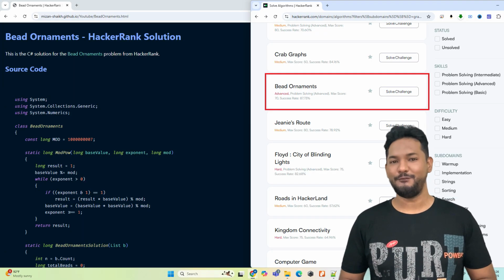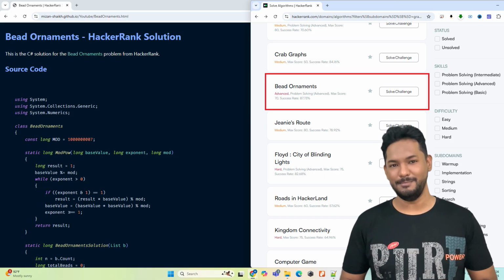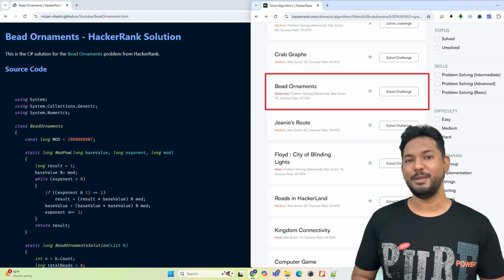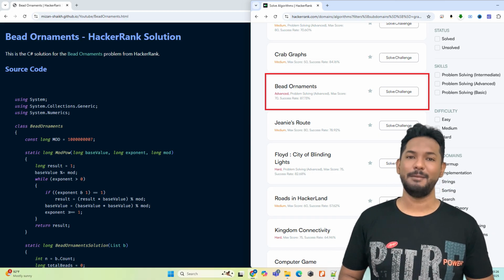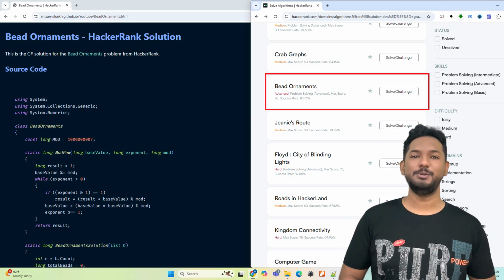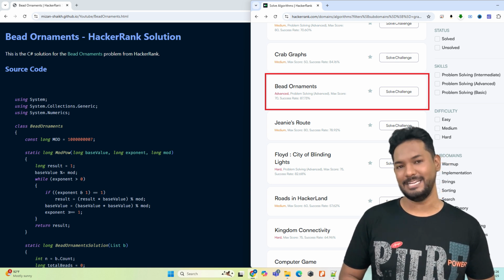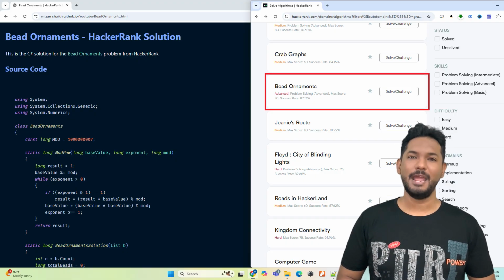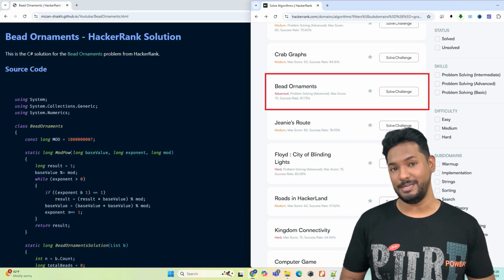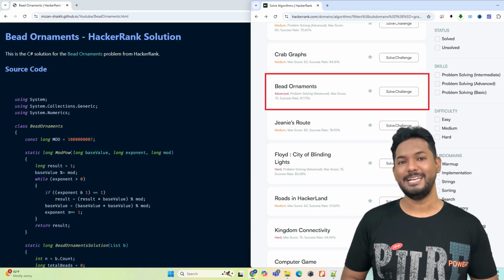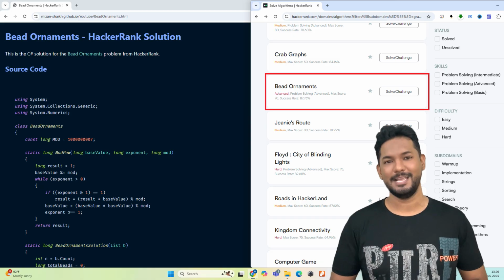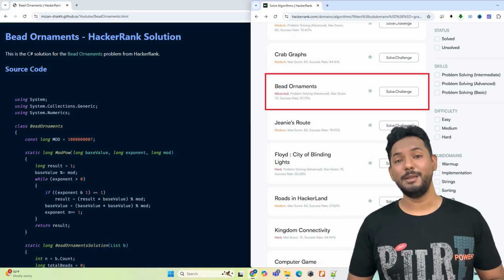Alright, let's dive into the fascinating world of bead ornaments. We'll unpack the logic behind this solution step by step, ensuring we understand the underlying principle before we get into coding details. First off, the problem we are tackling involves getting the number of unique ways to arrange beads on a string when each type of bead can have a different quantity. It's a combination challenge, and to solve it effectively, we need to leverage some mathematical principles, particularly those involving modular